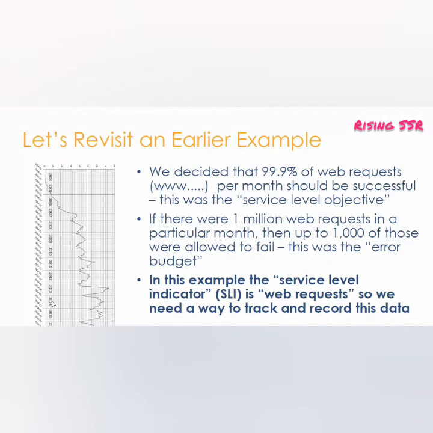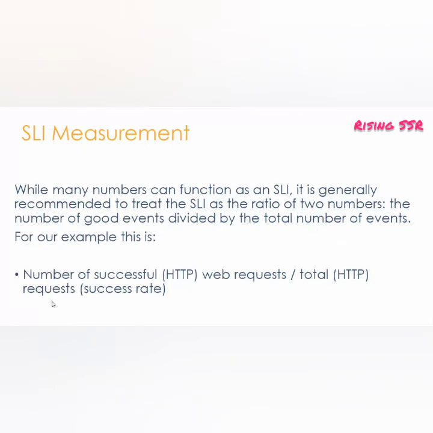So in this example, the service level indicator is your web request, your incoming HTTP request, right? So if we think of a mechanism, how do we monitor the incoming web requests? Then it means that we have chosen a particular indicator, and now the next step is how do we monitor that particular indicator? So what do you want to monitor?